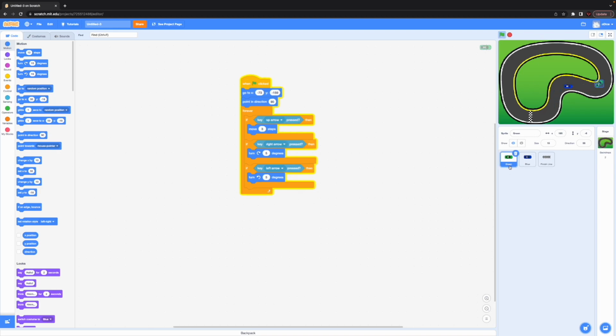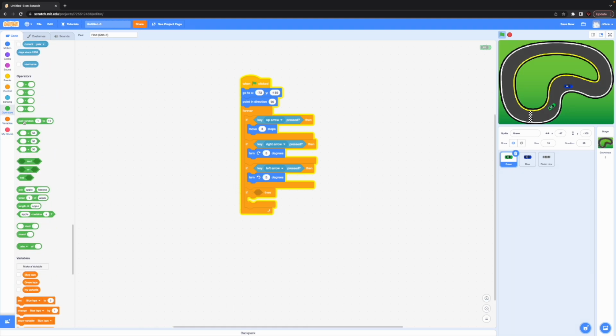Perfect. Now, how do we make the cars stay in the track, right? Because as you can see, I can just drive out wherever I want to, right? And so what I'm gonna do is when the car touches the white line or the yellow line, I want the car to go back to the start, right? So this way it's impossible for the car to cross the yellow line or the white line, so it's impossible for the car to go out of the track because the yellow and white lines go across the track basically. So how I'm gonna do this, I'm gonna get an if block